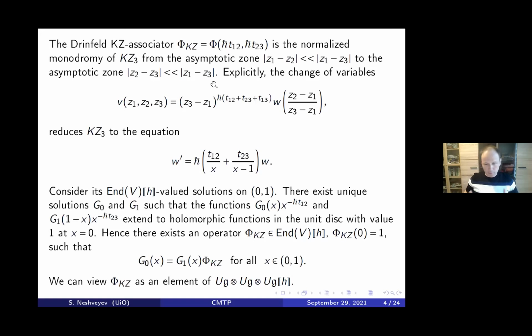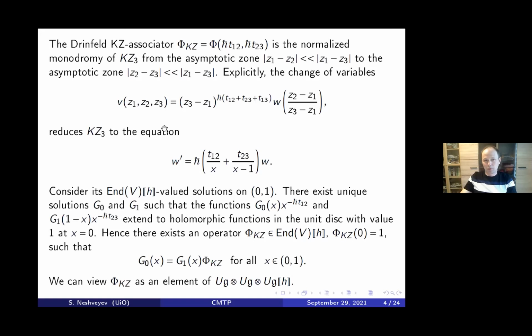So more precisely, when you move to infinities, if you just literally consider monodromy, there are some oscillating factors which are always present, and you have to properly normalize such things to make sense. So rigorously, what one does is the following. We can consider a change of variable. We have these equations in 3 variables, and we can consider a change of variables of this form. This is the factor which will always be present in the solutions, and this is the factor we want to get rid of.